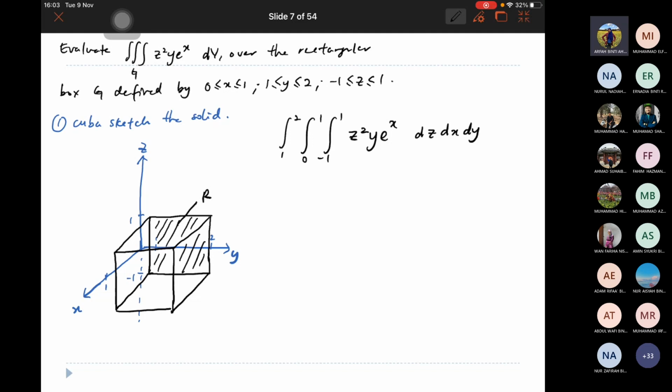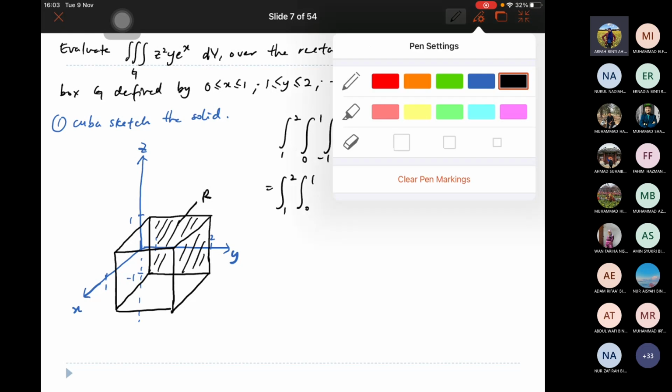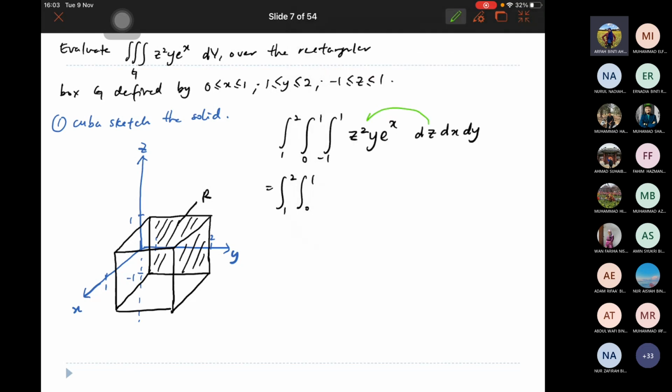Okay, so settle the integration. Yang ini dah ada soalan so far? Tak ada kan? So settle the integration and then you do straightforward the integration. You are going to have integrate 1 sampai 2, 0 sampai 1. Integrate for the first one terhadap Z. So you are going to have this one Z kuasa 3 per 3 Y